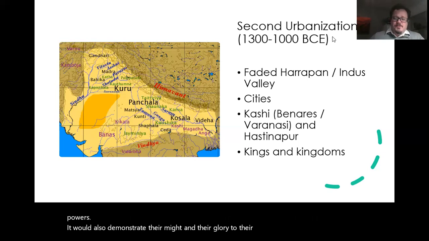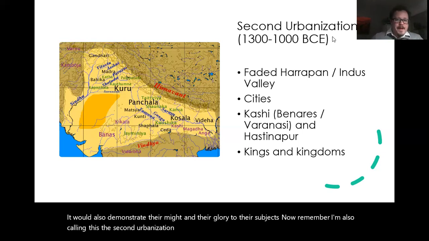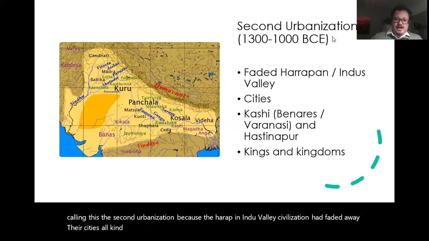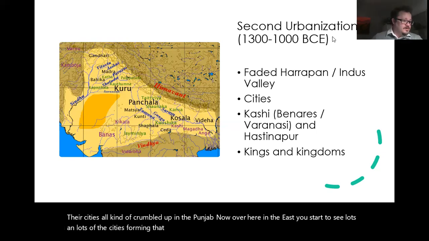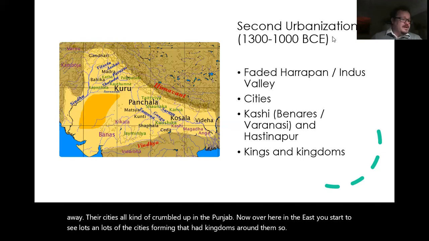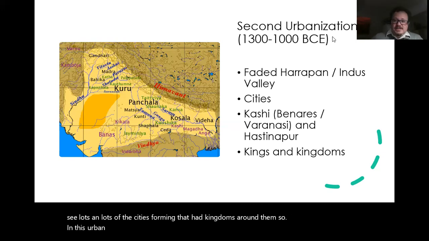Now, remember, I'm also calling this the second urbanization because the Harappan Indus Valley civilization had faded away. Their cities all kind of crumbled up in the Punjab. Well, now over here in the east, you start to see lots and lots of cities forming that had kingdoms around them. So in this urban context, people would see the rituals, and lots of these rituals had sacrifices in them,